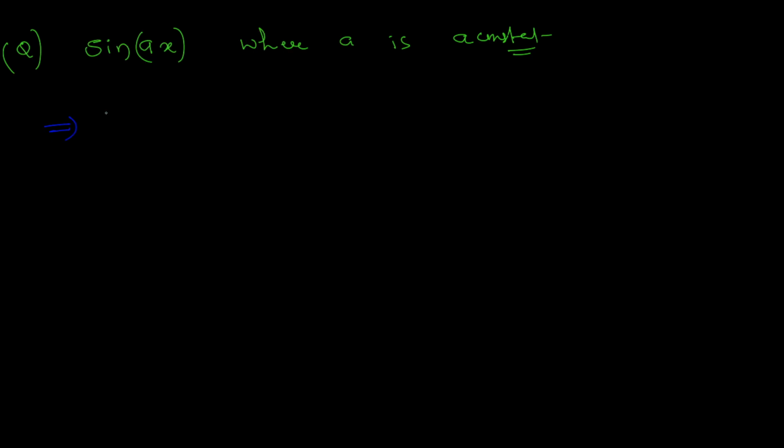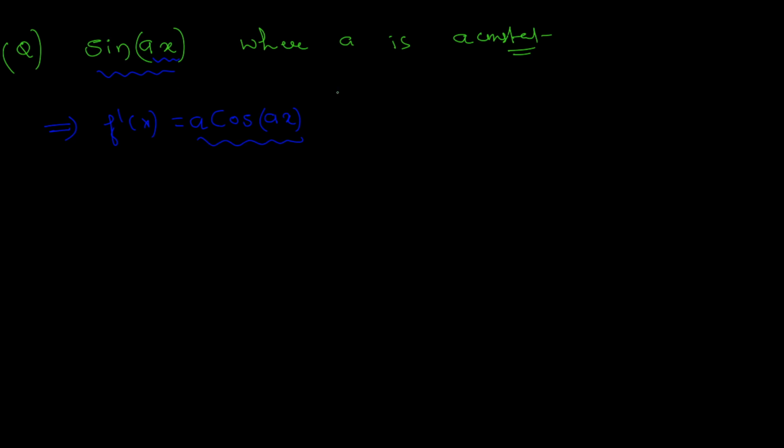Let's do it. So you want to find f dash of x for sine ax. First of all, the outermost function. What's the differentiation of sine ax? It is cos ax, right? So you have cosine ax. Are we done? Not really. You have an inner function which is ax. So you have to find the derivative of that and multiply the derivative of the inner function with the actual derivative. So derivative of ax is just a. So you will get a multiplied with the whole thing. So derivative of sine ax is a cos ax,